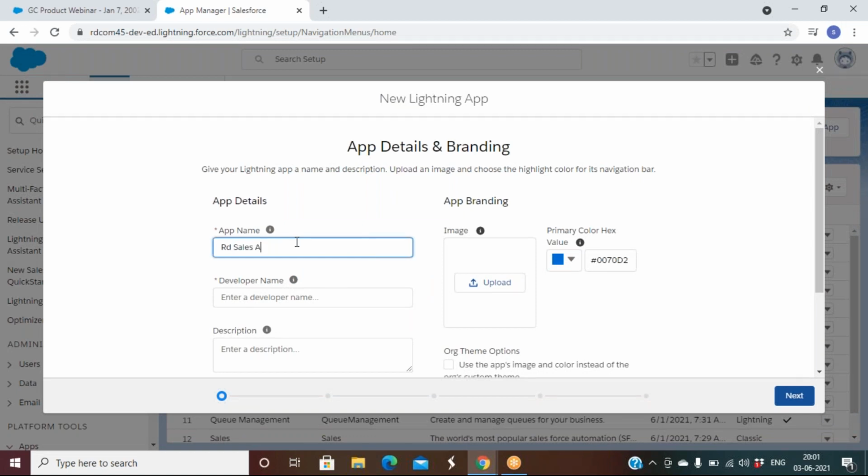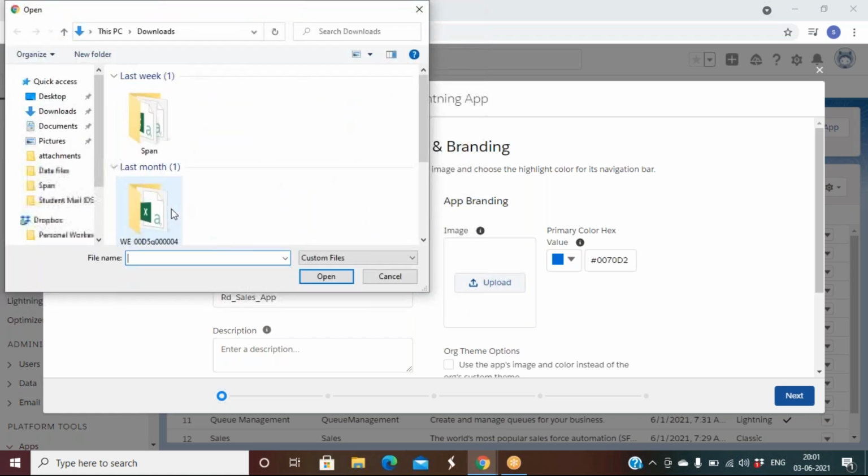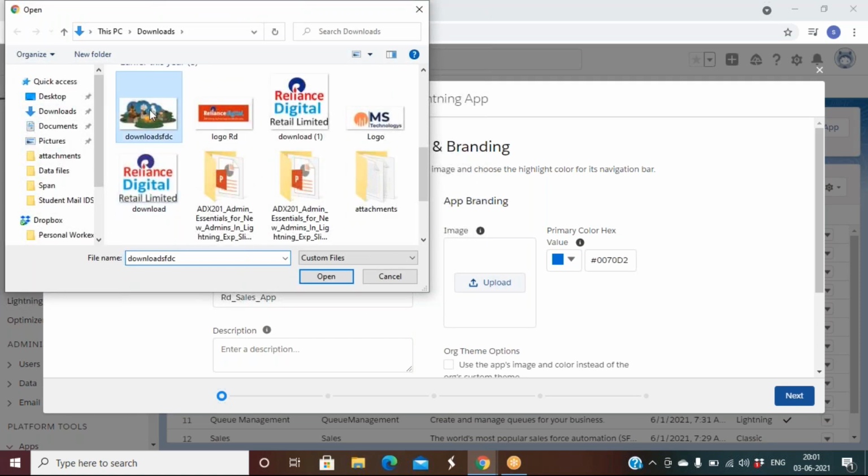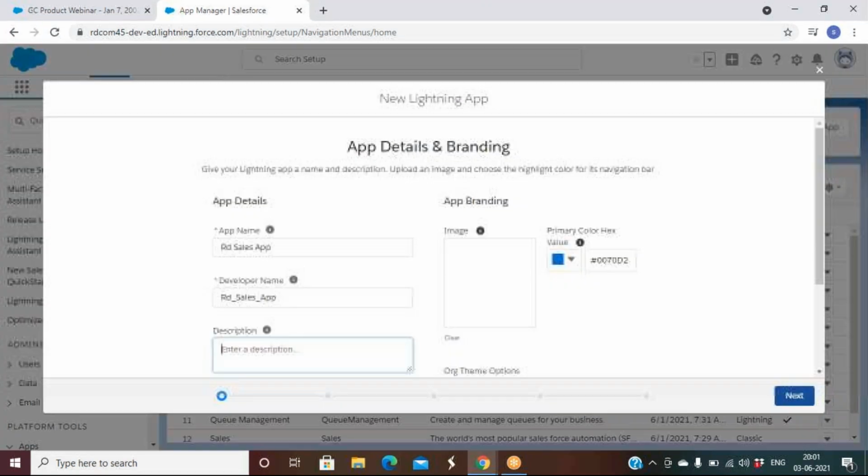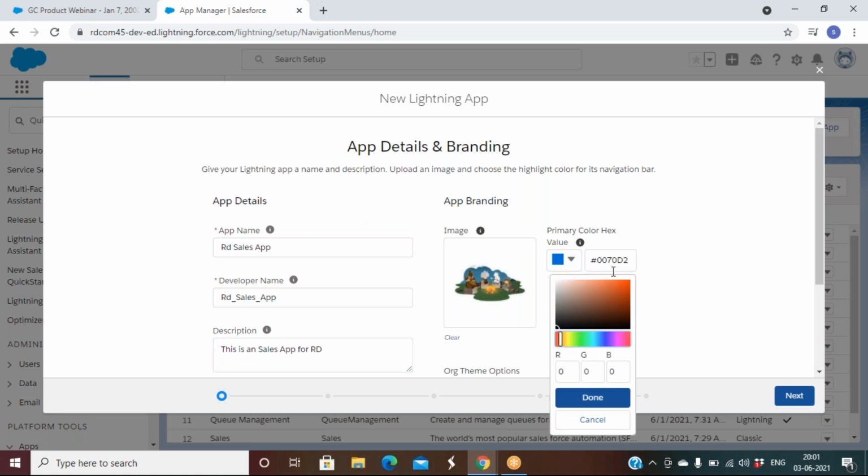I hope now everyone is clear how to create an app. We created it multiple times. I'll just give a description. I'll say this is a sales app for RD. Select a navigation, select the navigation color, whichever you want.